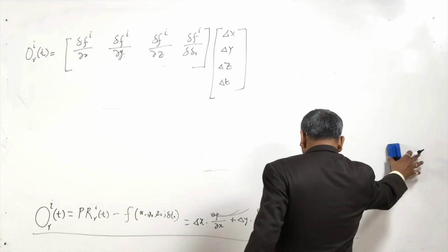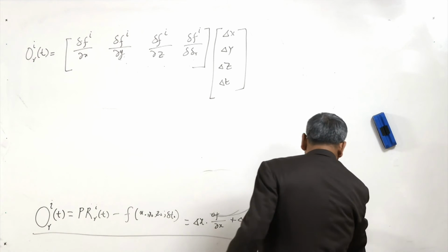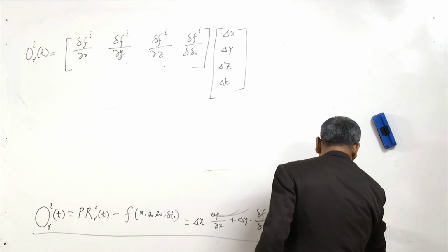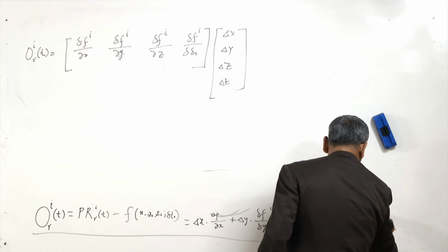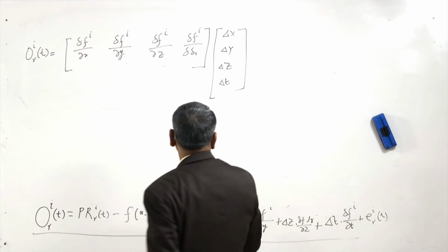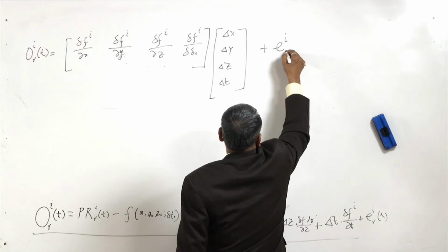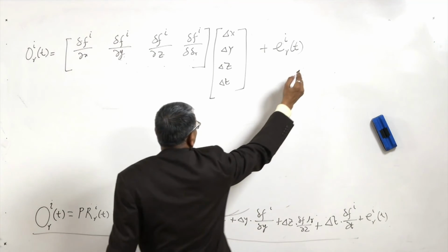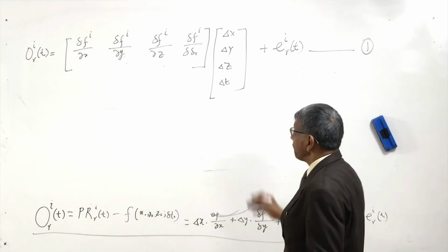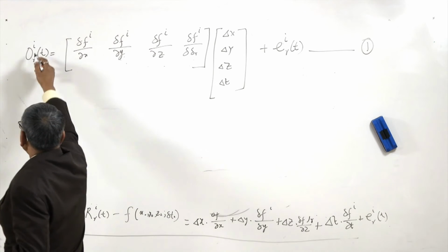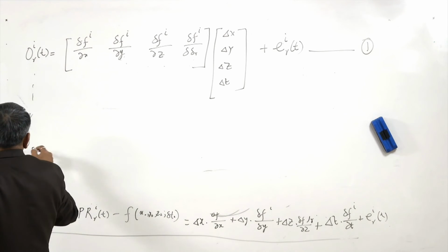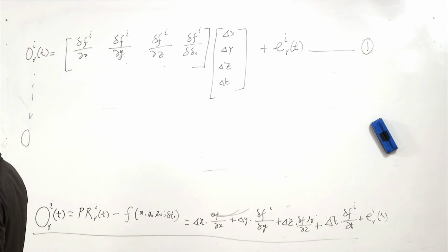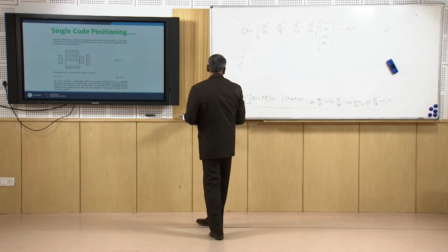Oh, I missed one: del f by del t times dt, plus t. So this is the expression we are getting from only one satellite. If we take observations from n satellites, we will get n such expressions, and we can write this in matrix form,